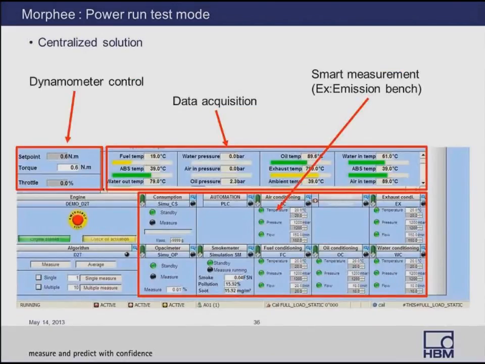A more detailed screenshot of the different hardware that is linked to Morphee. We said earlier that Morphee is the center of the dyno application. So we control the dyno, but also we get the values from the data acquisition. So we get all the temperatures and pressures from the engine and from the surroundings of the engine. But also we get all the smart measurements. We get the consumption from the consumption system. We get the smoke from the smoke meter, opacity meter,